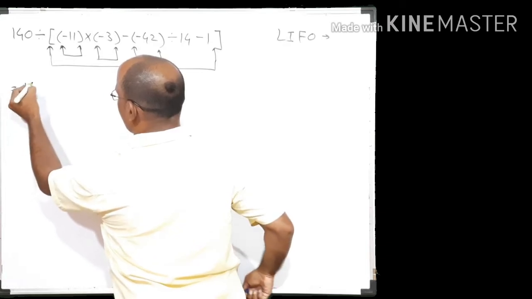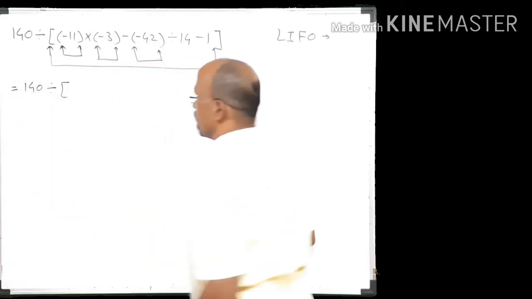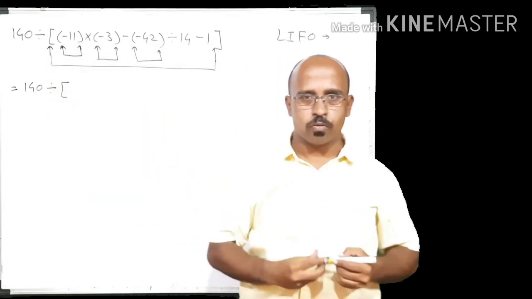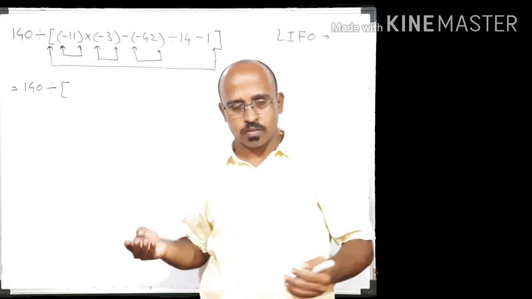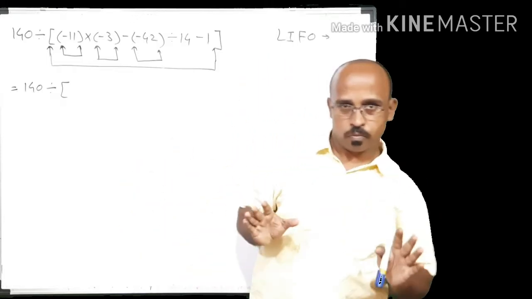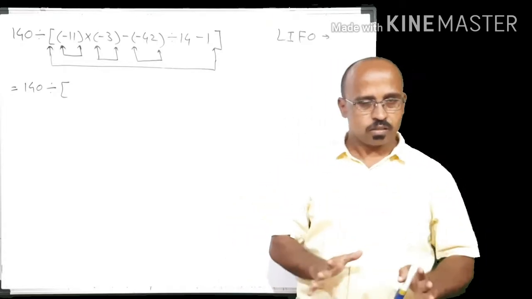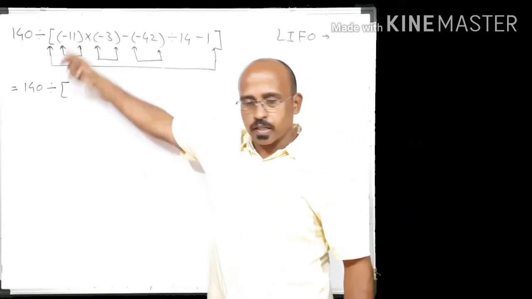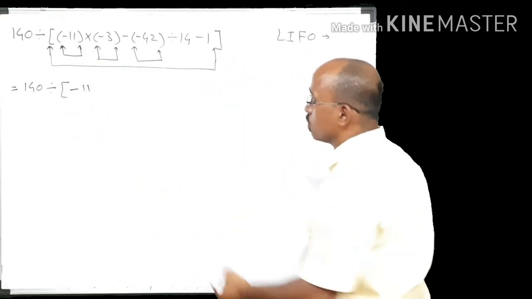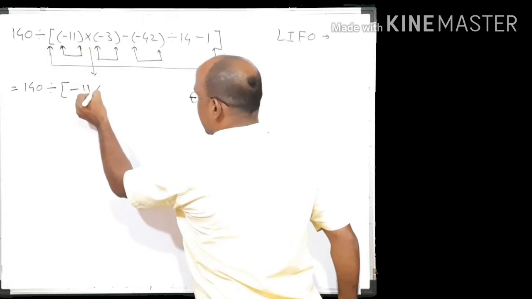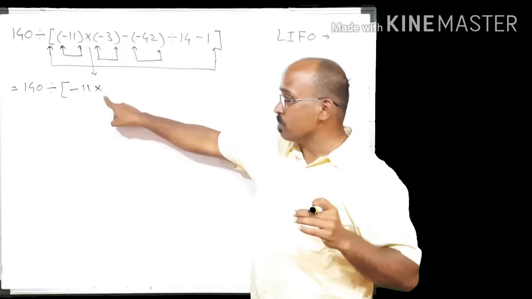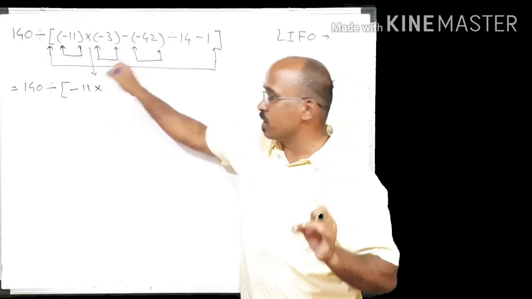So again, which is equal to 140 divided by, into the square bracket, minus 11. What we have to do? With brackets, which operations do we have to do? Addition, subtraction, multiplication, division if it is given in the bracket, or removal of the bracket, which is one of the most important operations we learned in the lesson of integers, right? So here we just have to remove the bracket. After removal of the bracket, it will be minus 11. Okay. Now this multiplication symbol, I am writing it as it is out of the bracket, and I am dealing with bracket, not with multiplication. So I have written this multiplication as it is.